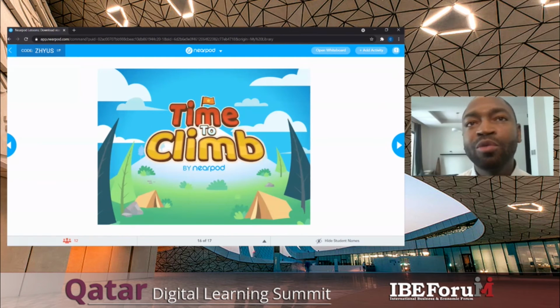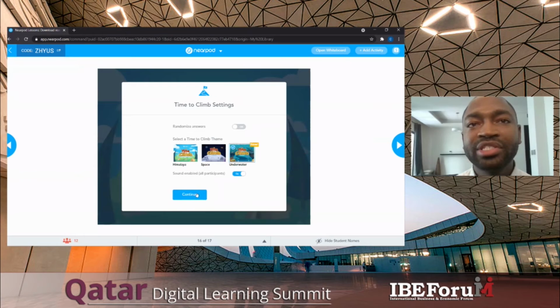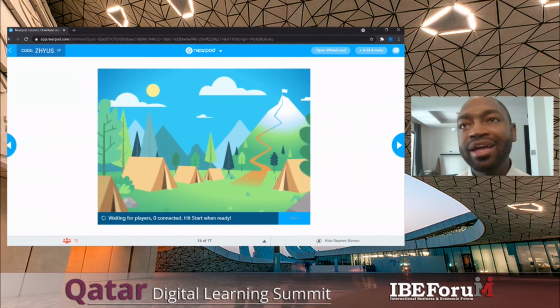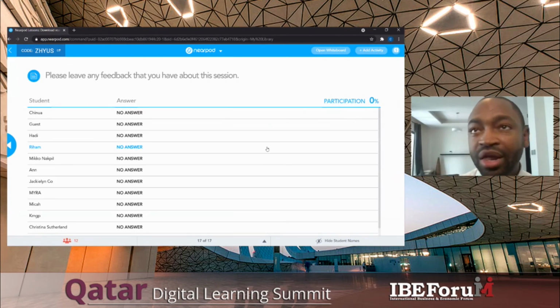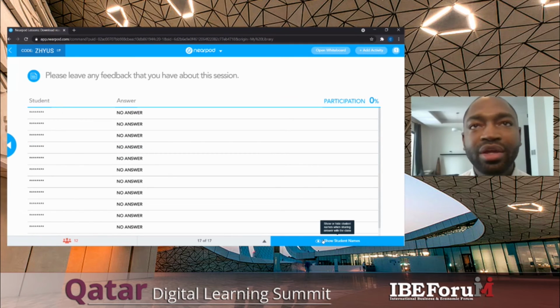It's taking a little while to load, but there's a functionality within this system called Time to Climb. It's basically like Kahoot, right? The students have to answer questions, and then they compete to get to the top of the mountain by answering questions. It's a very good system for review and just getting a little bit of liveliness into the